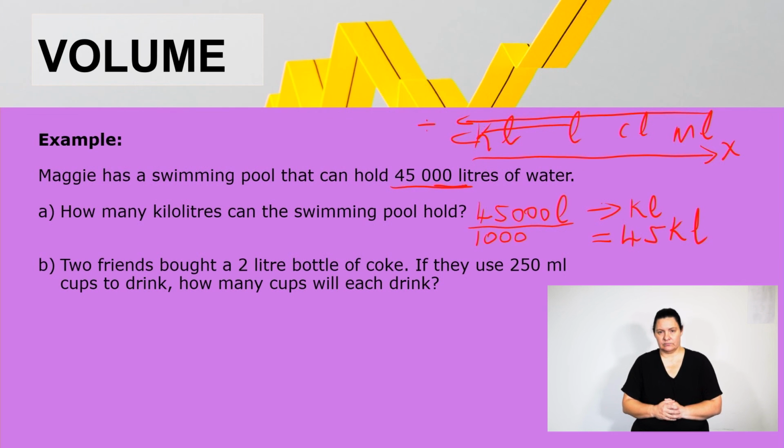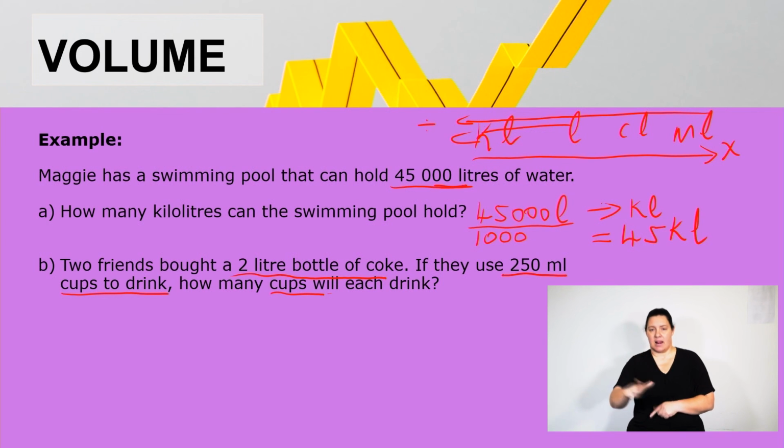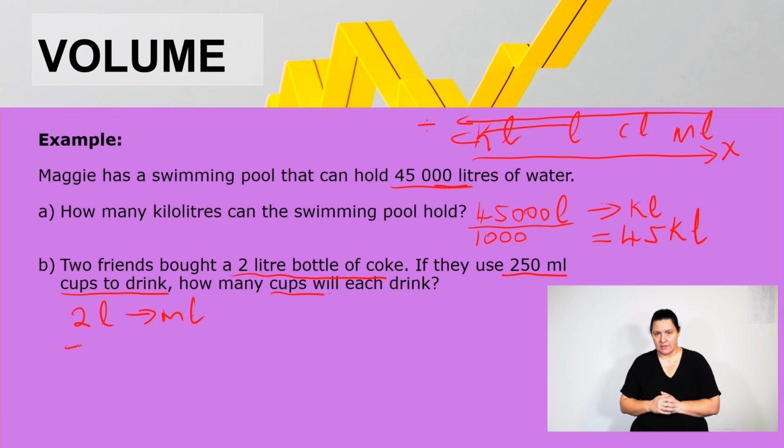kiloliters. Two friends bought a 2-liter bottle of Coke. If they use 250 milliliter cups to drink, how many cups will each drink? Remember the rule, keep units that are the same on the same side. Again, here you have a choice of converting from milliliters to liters or from liters to milliliters. I will convert from liters to milliliters, and you can convert from milliliters to liters and see if our answers are the same. So we'll start first by converting the 2 liters to milliliters. We will then say 2 multiplied by 1,000. We get 2,000